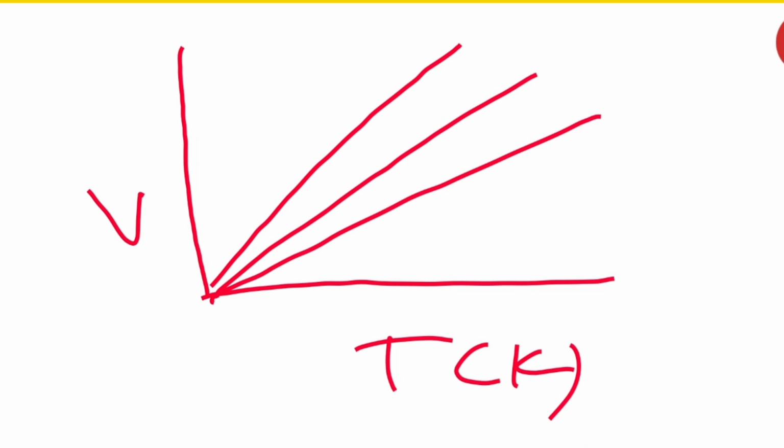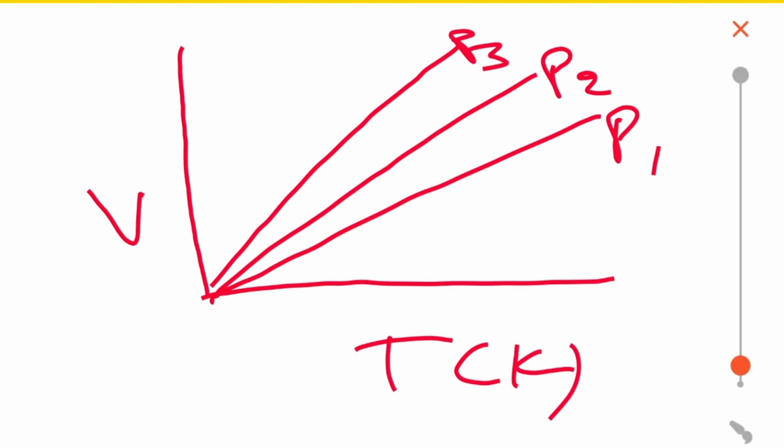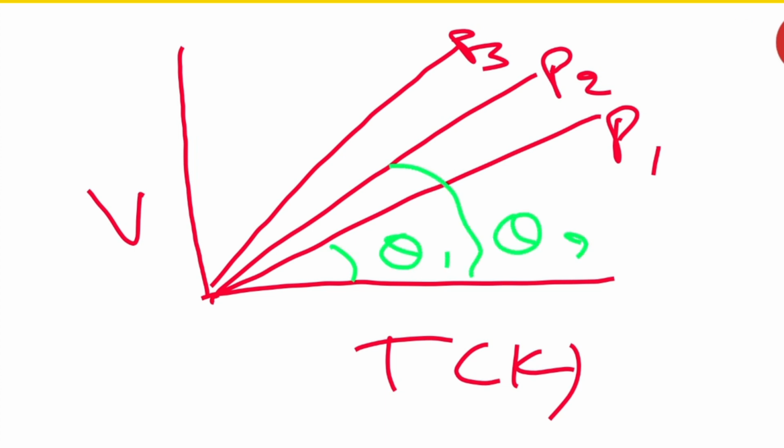So what am I writing? I am writing P1, P2 and P3. Let it be, yesterday we have done the same way. This is theta 1, this is theta 2 and this is theta 3. And in the same way I am going to tell you one more thing, what I told you yesterday. Have you seen this graph? Now all of you please see it very carefully.